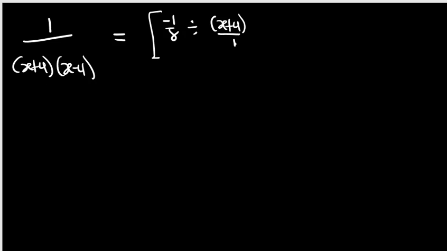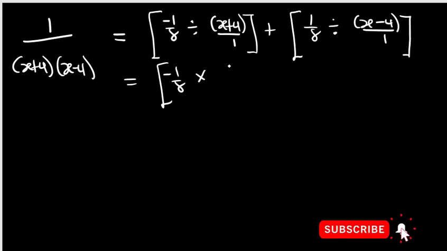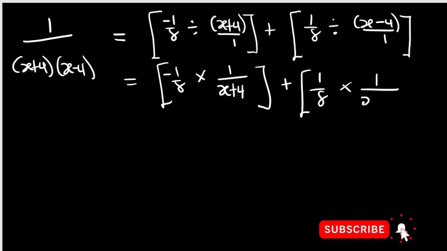So 1 is over 1 plus the other one, that is 1 over 8 divided by the x minus 4 over 1. Okay, so this will give us minus 1 over 8 times 1 over x plus 4 plus this one will give you 1 over 8 times 1 over x minus 4,